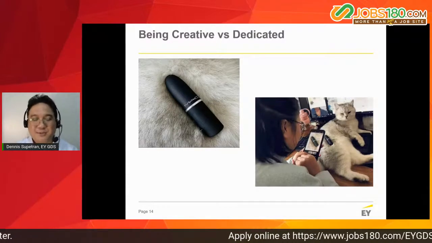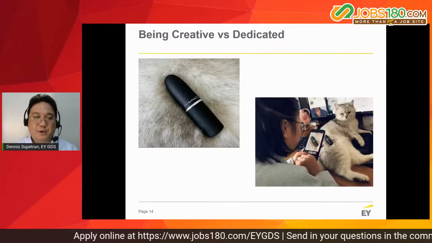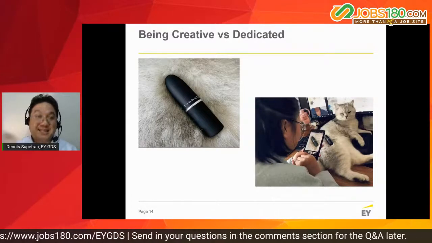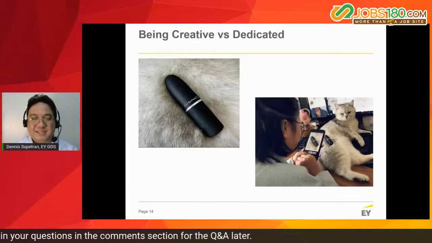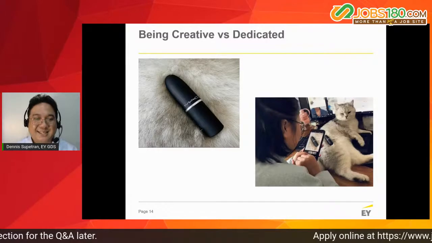And I think that's going to be very important when you think about how you are going to go forward, how you are going to adjust to the requirements of companies and even yourselves in this new normal environment. That being creative is going to serve you far more than being just dedicated. That's why